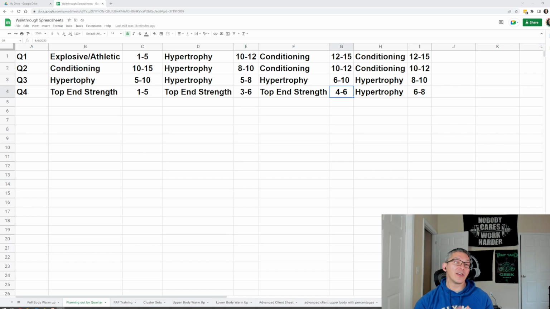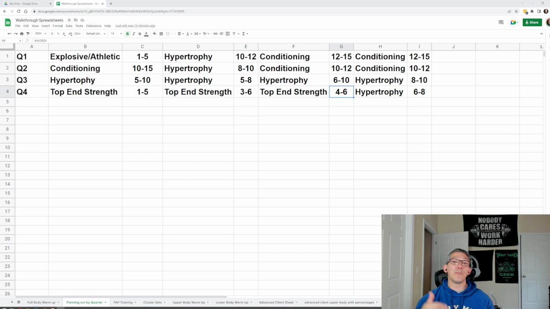And this is going to be very important for your advanced clients because as you have new clients, you can do literally anything with them. They're going to get stronger. They're going to build a bunch of muscle. They're going to lose a bunch of fat. They become much more athletic all at once just because they haven't done anything and now they're training. As those clients start becoming more intermediate clients, you're going to have to shift the training a little bit so they keep progressing. And that's something I'll dive into very deeply when we get to that module.